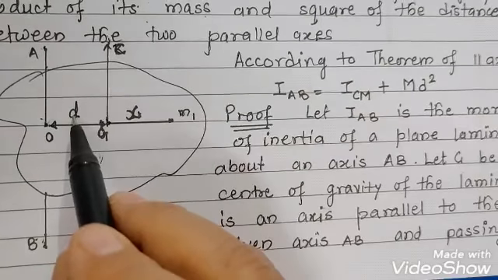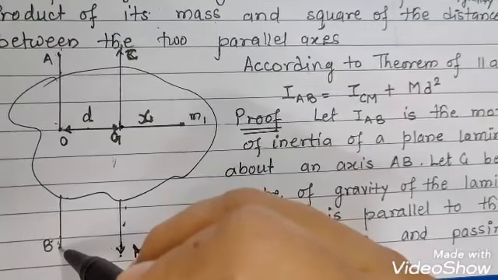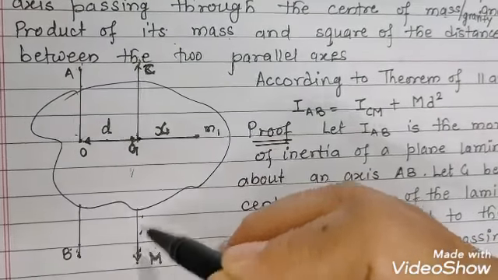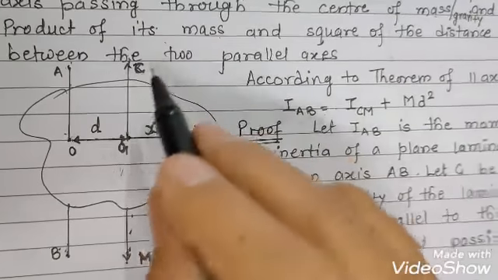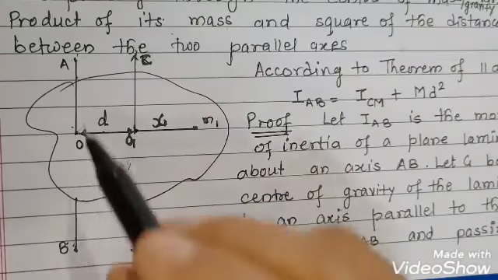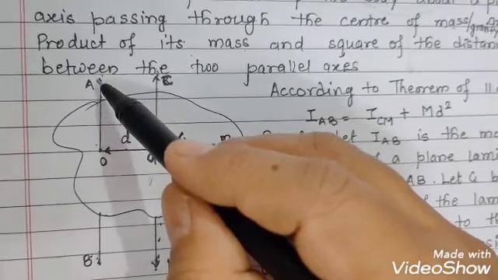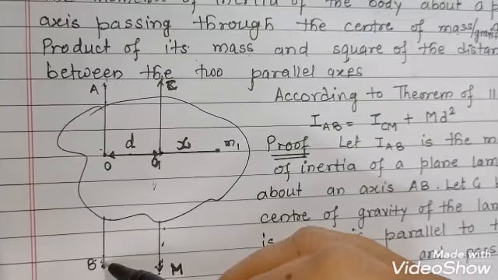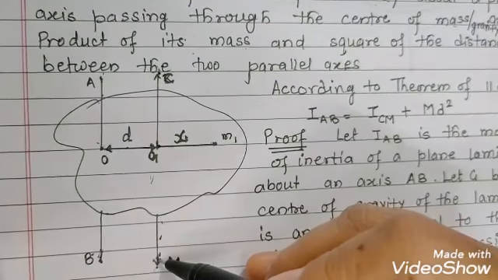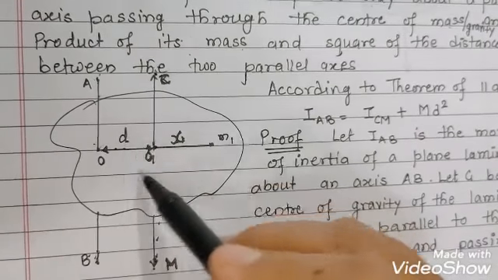Now according to the theorem of parallel axis, what is it? Moment of inertia about AB will be the sum of the moment of inertia about CM plus MD square. Sum of the moment of inertia about CM and MD square. So once again I am explaining to you the theorem of parallel axis. According to it, the moment of inertia about AB is equal to the moment of inertia about CM plus MD square, where m is the total mass of the body and d is the distance between the two parallel axes which we have chosen,